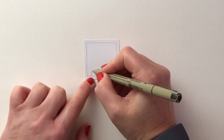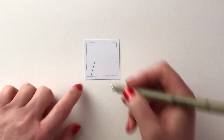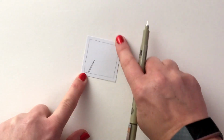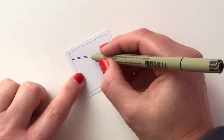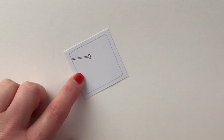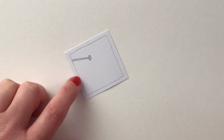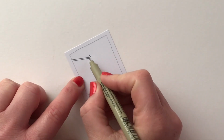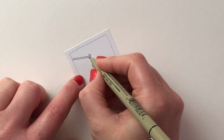So starting with a pen line, I beg your pardon, and drawing two parallel lines quite close together. I'm just drawing what I think looks a bit like a stick, or again two tram lines. I'm then turning it slightly to the side, and I shall try and get in closer for this one, and then about a millimetre down I'm just drawing a sort of oval shape, and you'll notice that I've not gone beyond the two lines,